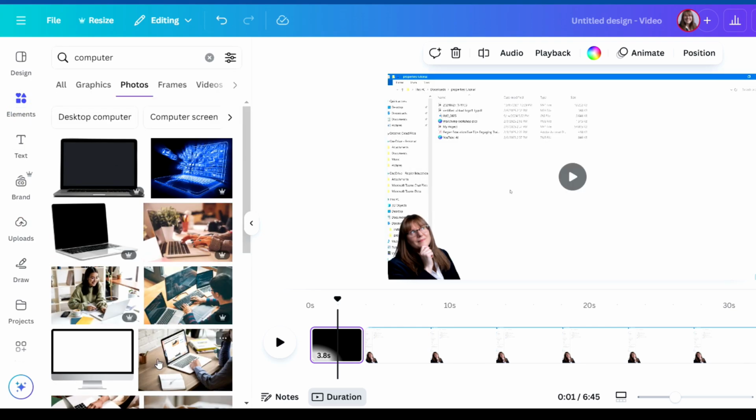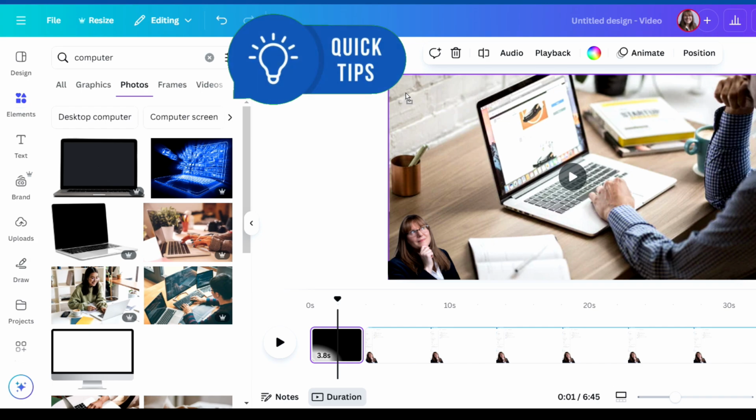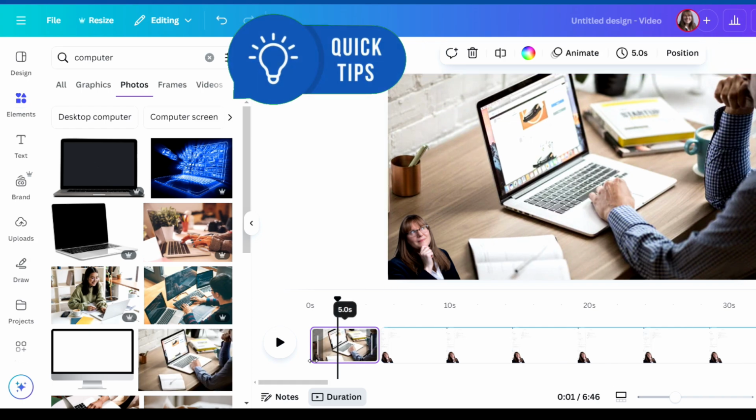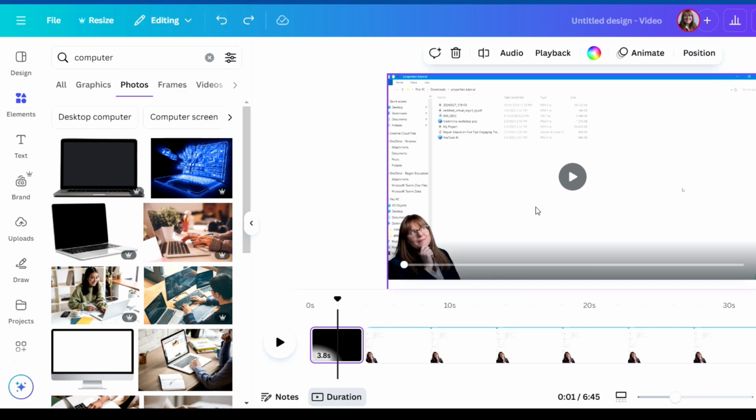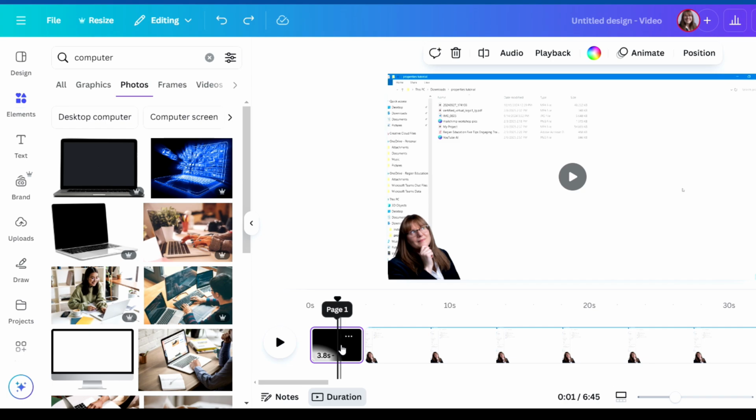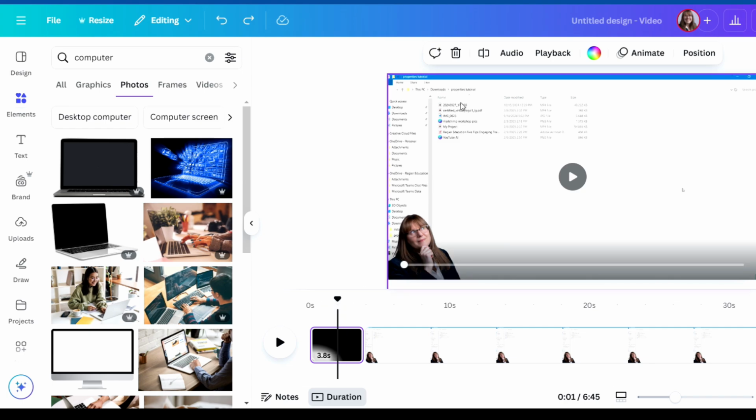So if I drag over an image, it's going to remove the video behind it. So luckily there's this undo option, but if I want to keep the audio in the background,